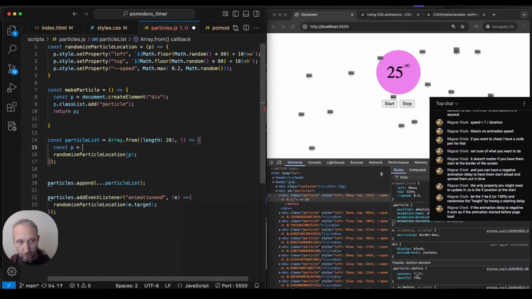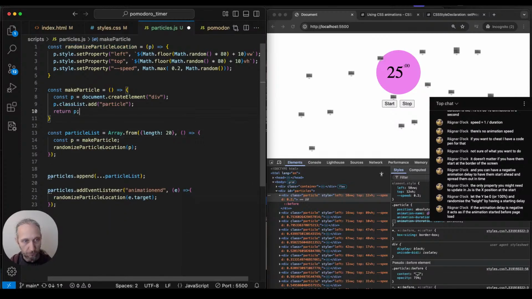Oops. P equals make particle, randomize particle location. All right, so